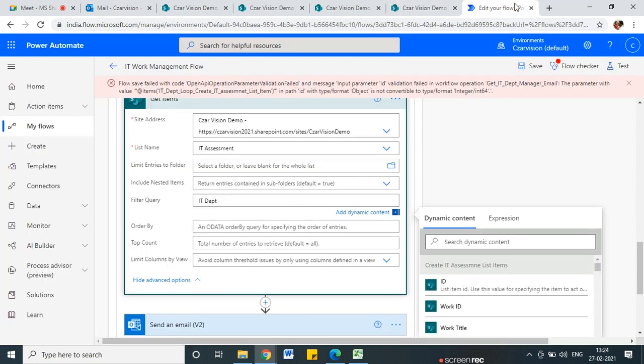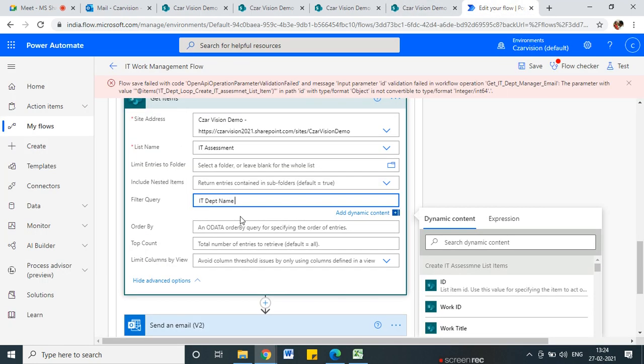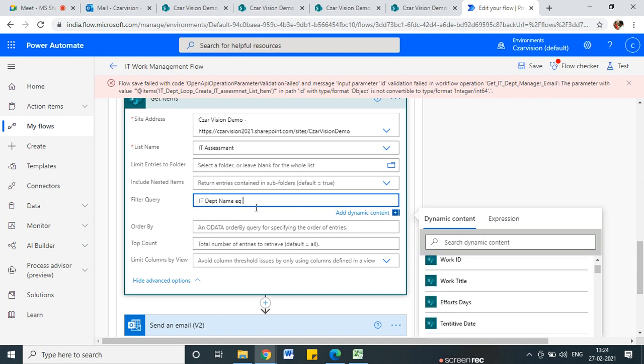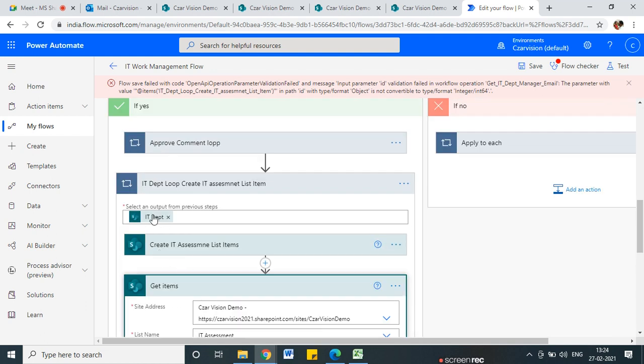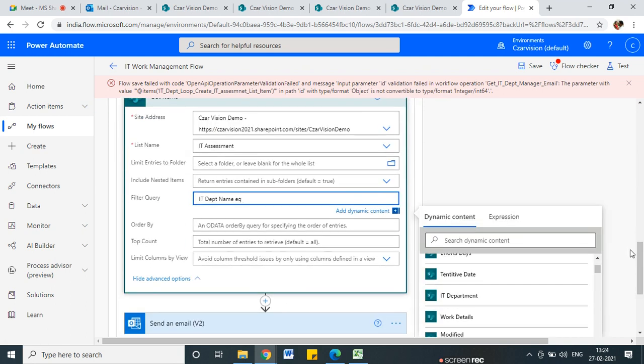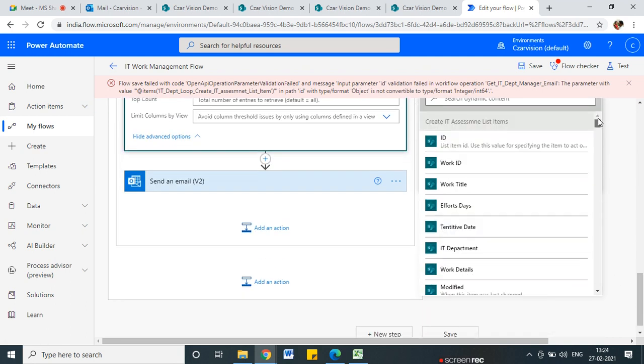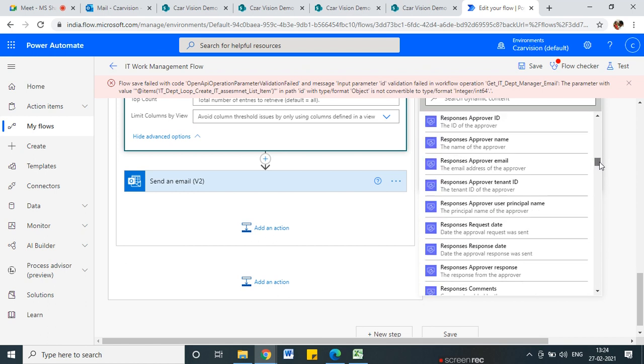So here IT DEPT name EQ, okay, and the column. So which column we need to, so IT department name and equal to what is the field name. So the field is the IT department, which is a loop inside. So IT department